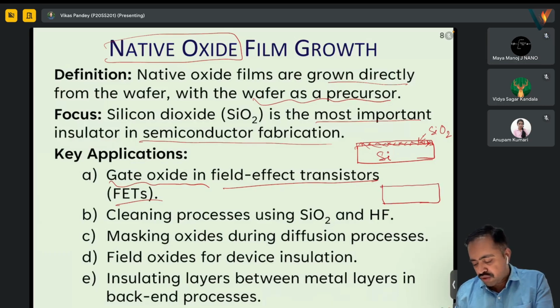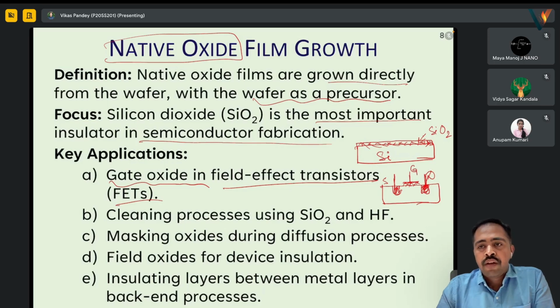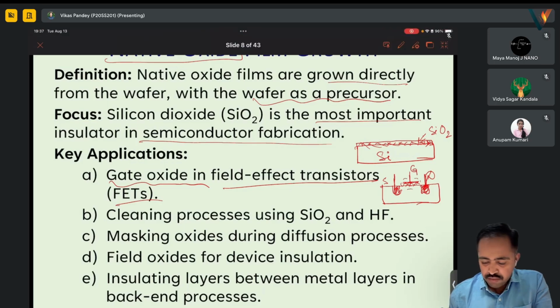I think most of you are familiar with it. Say this one is the source, this one is the drain. We have electrodes here, and then we have some dielectric here, and on top of it we have an electrode, that is the gate. Fine. The dielectric that is being used here is in general